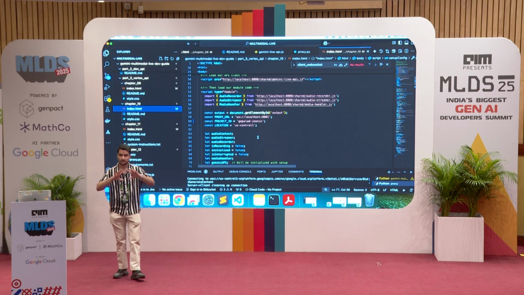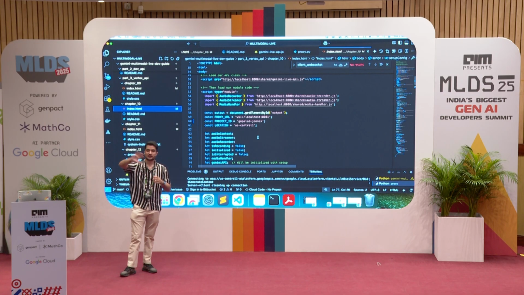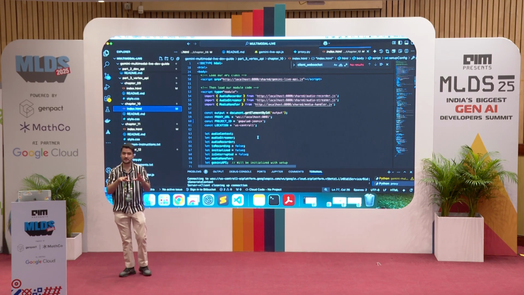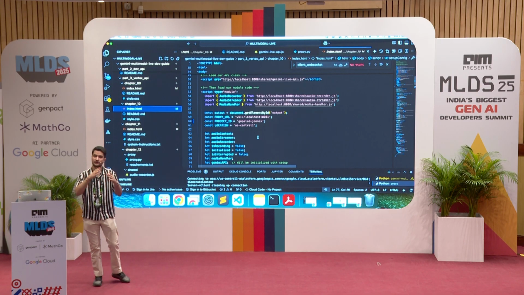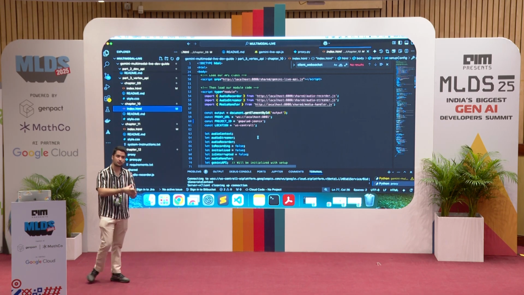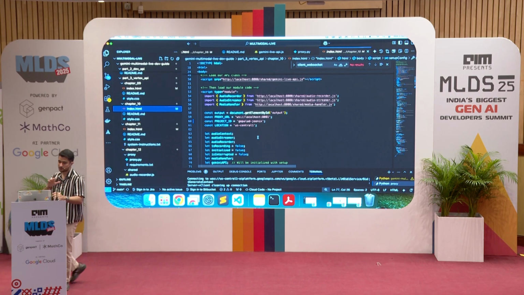So you can imagine when you build an application like this, your authentication is offloaded to your server. Your front end doesn't have to worry about if it should go to Gemini, if I should rate limit it, if I should pre-process it. I can do whatever I want in the backend. So this is how you actually develop something